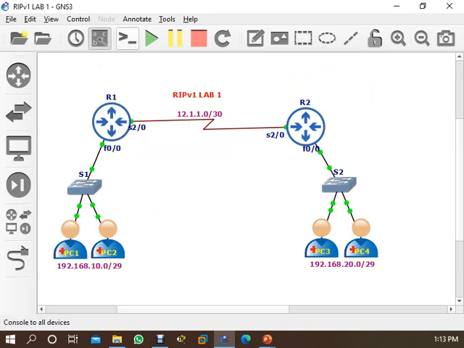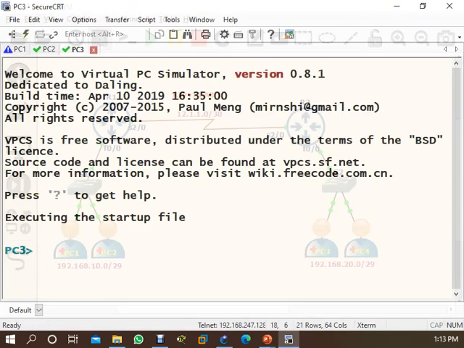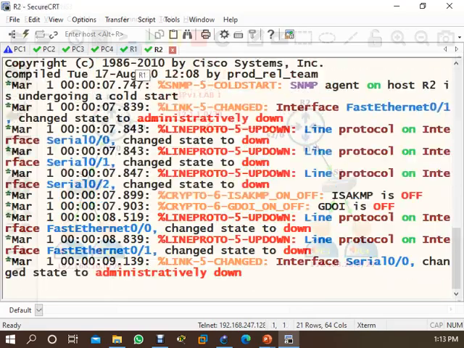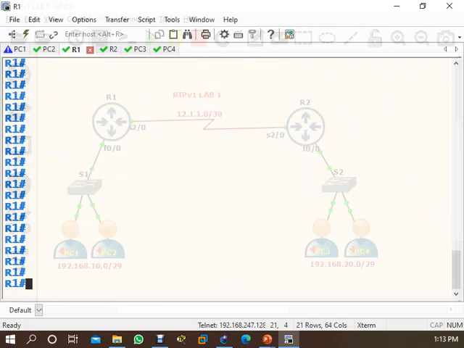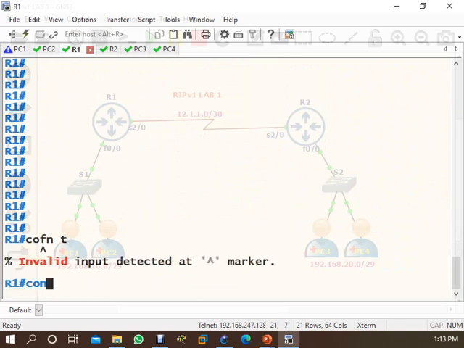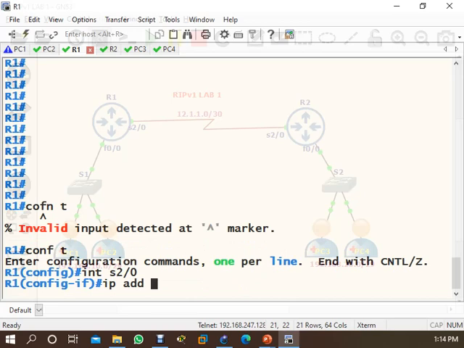Same here, we started the lab. Take a console. Now first of all we should configure the IP on the router. Configure terminal, interface serial 2/0.